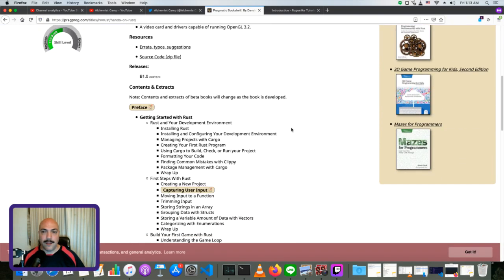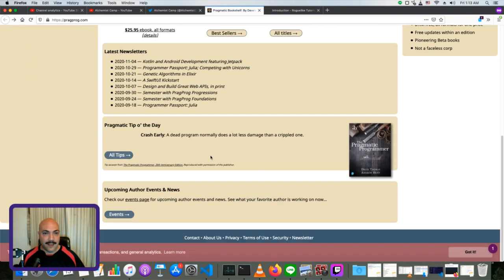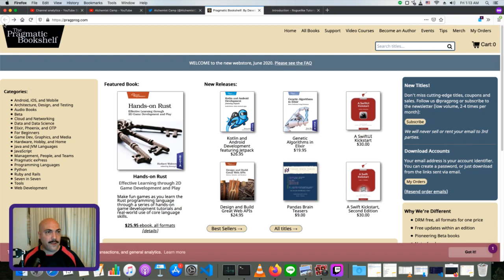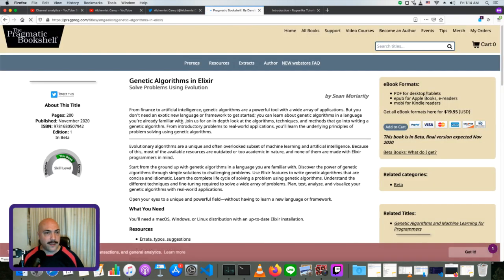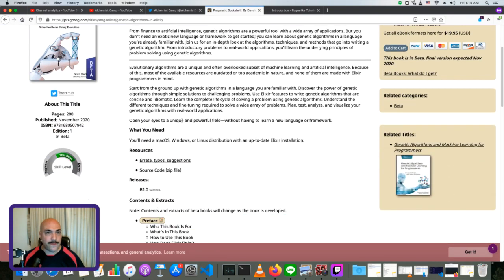The other book that I also picked up recently was the Genetic Algorithms with Elixir book. This one, it's only $20. It's in beta, and I've only gone through the first chapter and a half, but